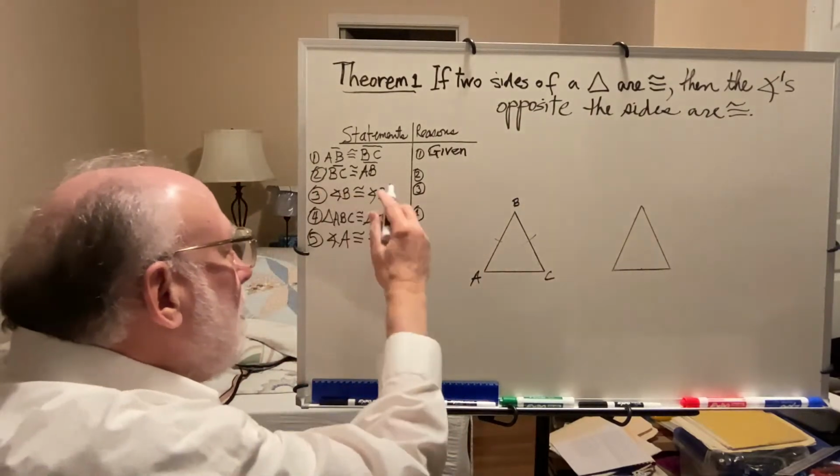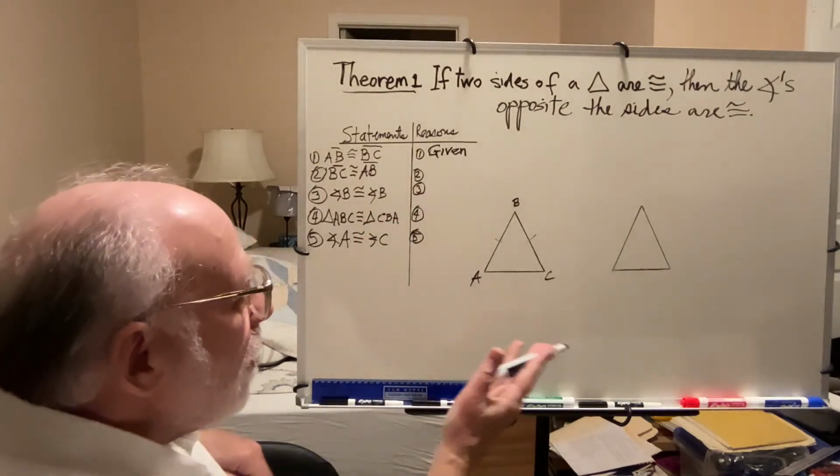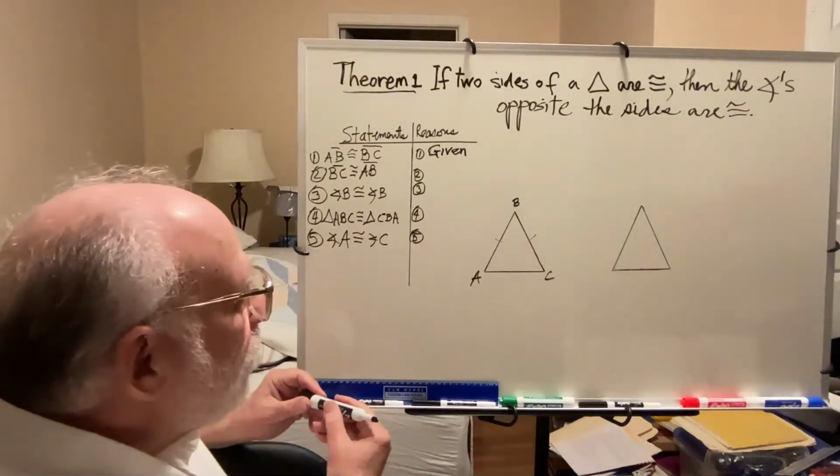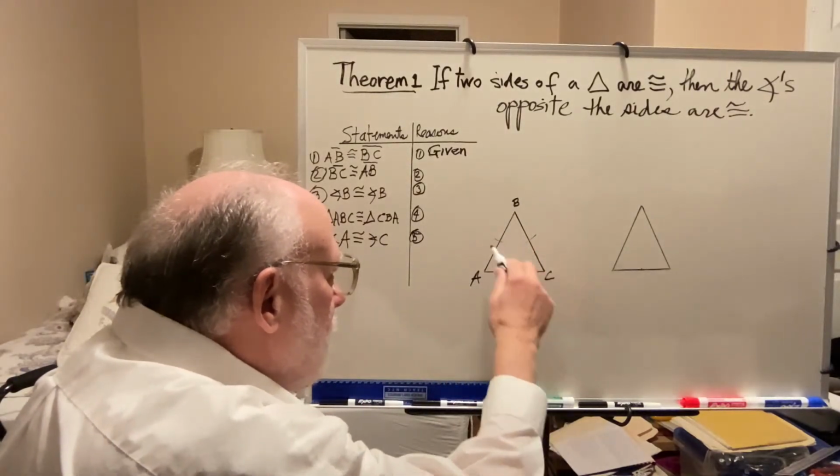Now we have BC is congruent to AB. Usually, when you want to prove that the angles opposite the sides are congruent,